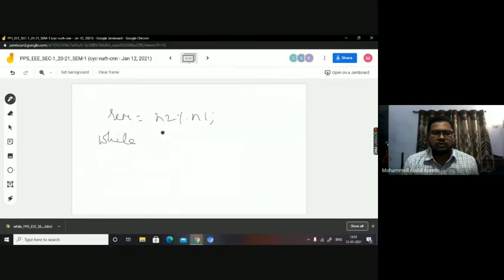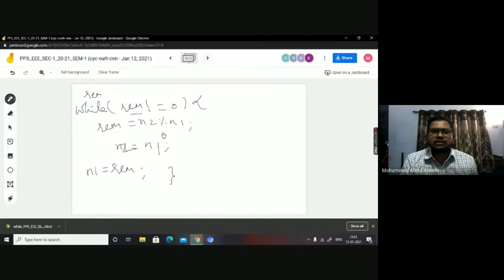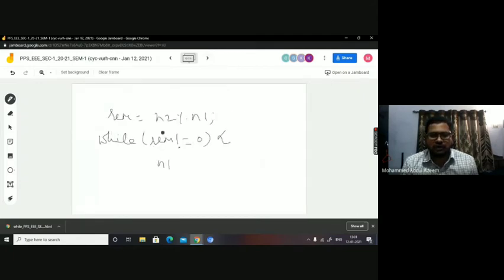Until remainder is 0, I should perform the operations. But before I go for the next operation, I need to do these two statements: the current n1 should be assigned to n2, and current REM should be assigned to n1. And then again I repeat this process, that is n2 mod n1. Okay, this is my logic.